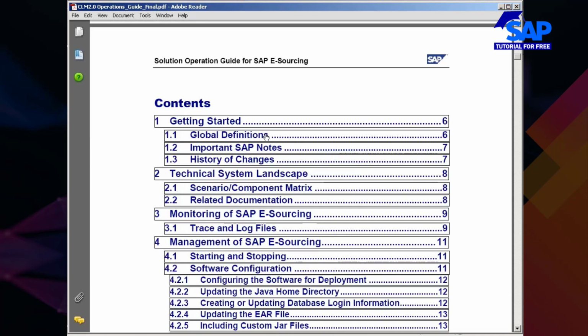Global definition. This is a heading. 1.2 means chapter 1, heading 2: important SAP notes to be used for e-sourcing application. Chapter 1, heading 3 is meant for history of changes. You see here this 1 of 1, 1 of 2, 1 of 3. This is called counters.